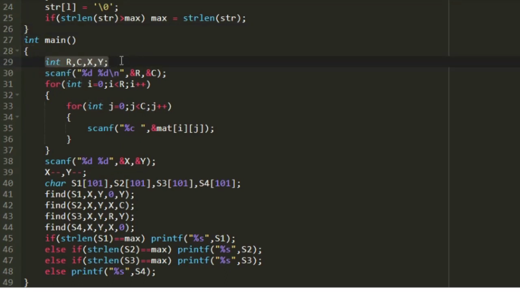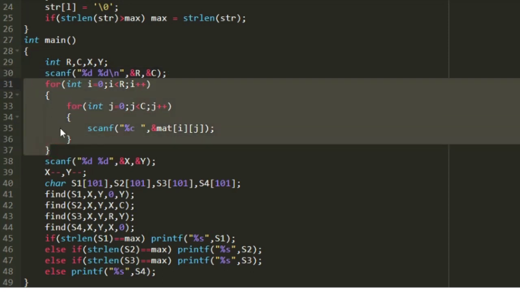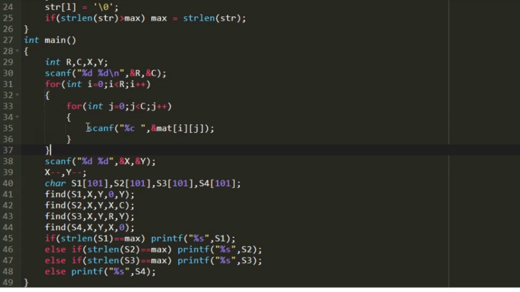First I am creating four integer variables and in the next line I am accepting the values of the two integers R and C, and then I am creating a nested for loop. We have to accept R cross C characters. In every iteration of this nested loop, I am accepting a character and storing it into the character array named mat, which we have declared outside the main function.